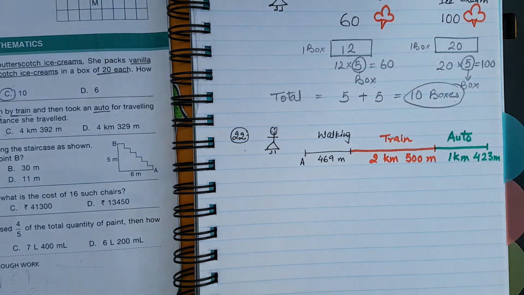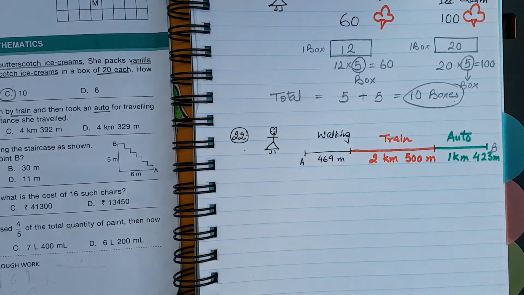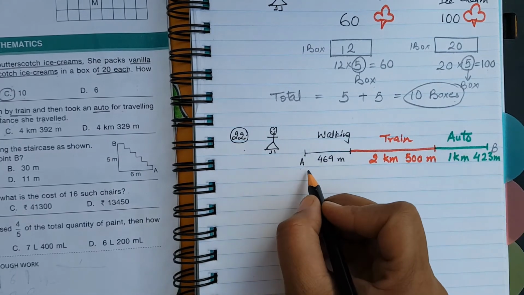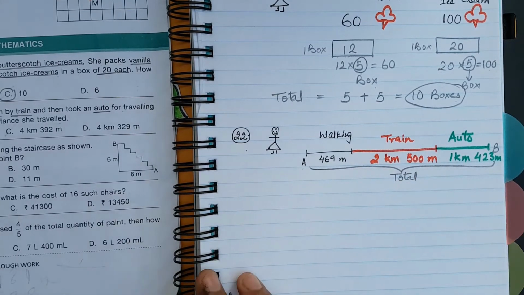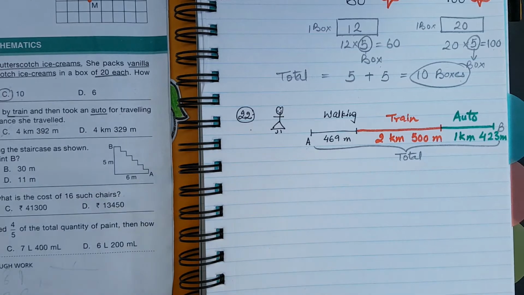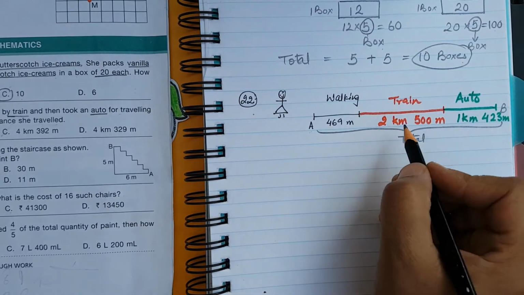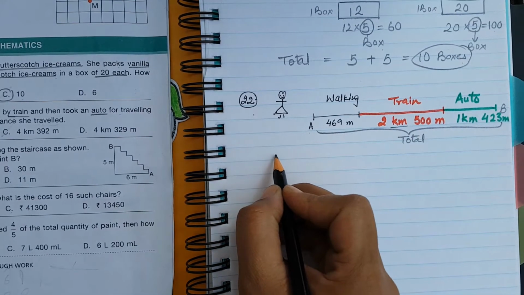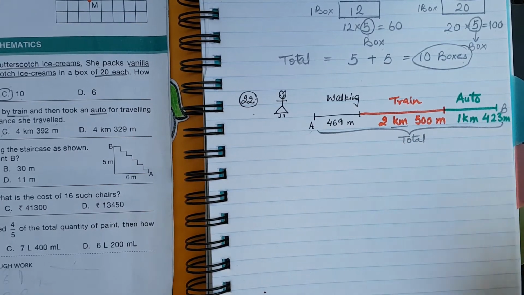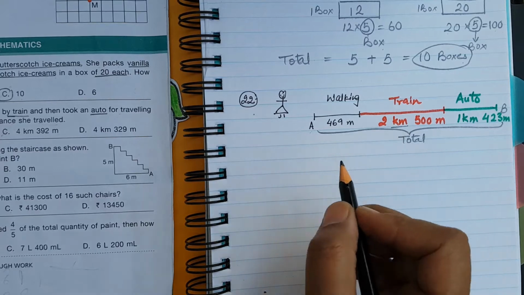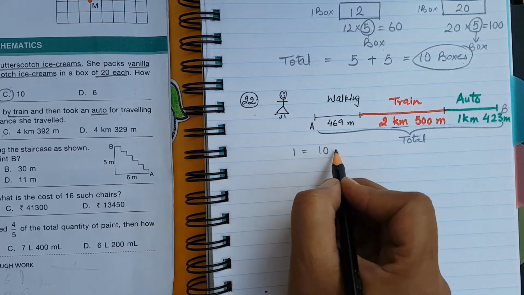Here you can see I traveled from A to B. This end point I call B. So I travel from A to B, and I have to find the total, which means I have to add these. While adding, I'm going to share one beautiful thing: here it is in kilometers, and we have to change the numbers into meters. So kids, kilometer means the 1,000 place. 1 kilometer gives you 1,000.